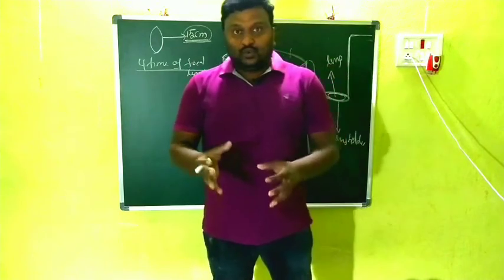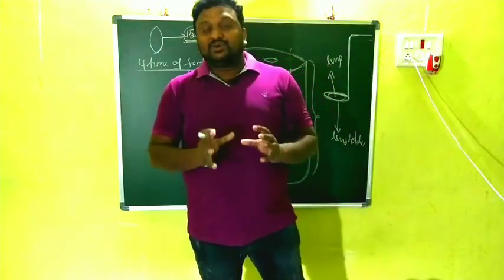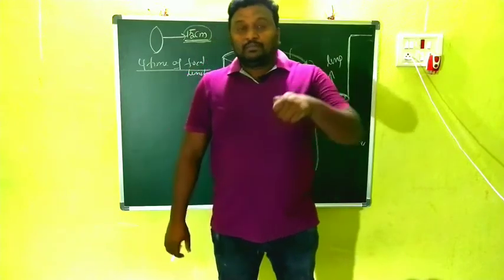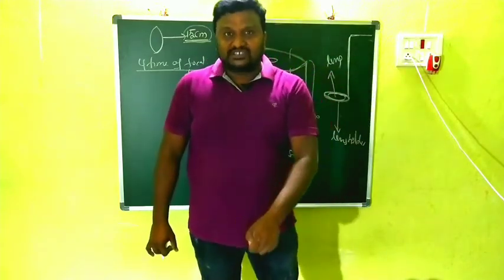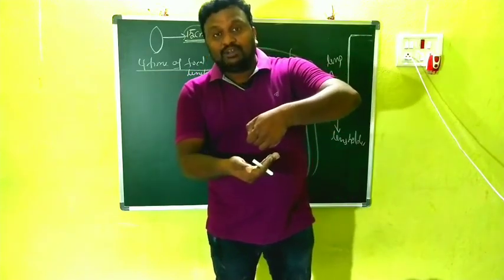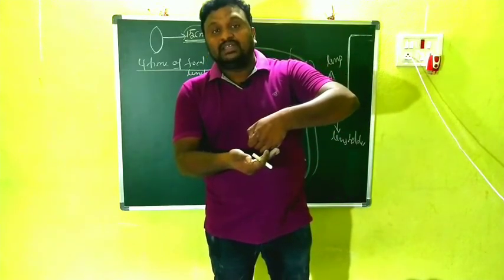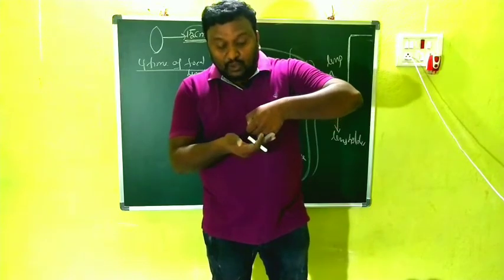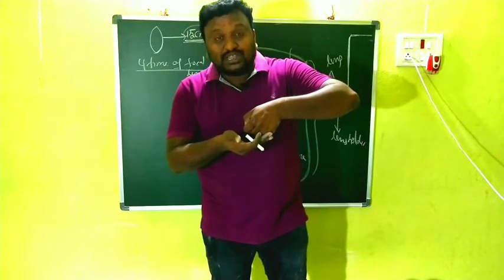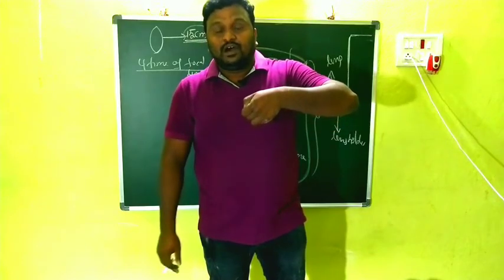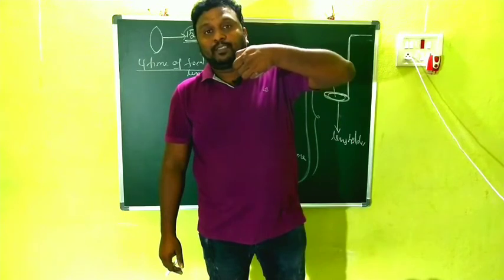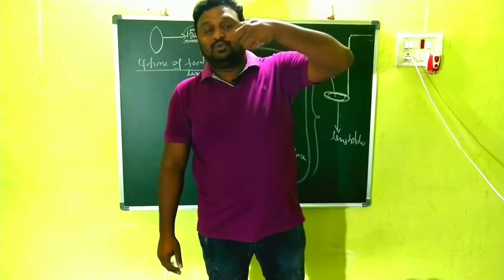Clear? We have to take the lens holder, insert one lens in it, and put the lens holder into the vessel, and this is the stone. Just above the stone we have to keep the lens, and now we want to see the stone very clearly through the lens. Clear? After that you have to raise the lens holder, slowly.